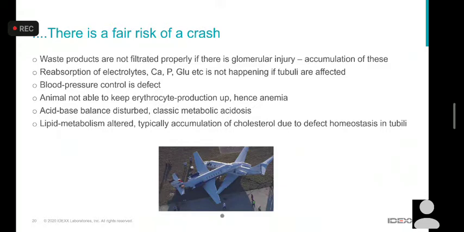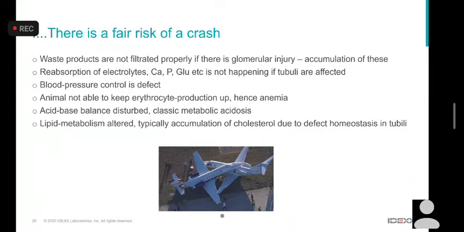But of course, if your kidneys are not working, let's say both your medulla and your cortex, all of it is not working, well, your waste products are not filtered properly. So you get accumulation of them. Your reabsorption of electrolytes is not happening correctly. You may lose some, you may not reabsorb them the way you should. You can, as a patient, not control your blood pressure correctly. You develop hypertension,